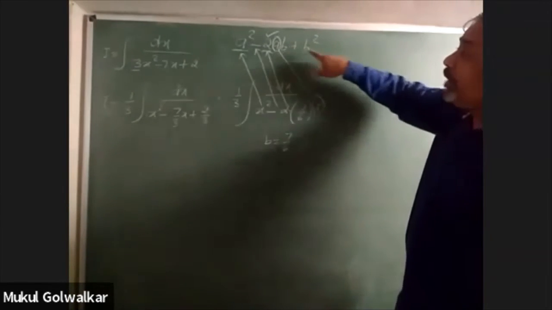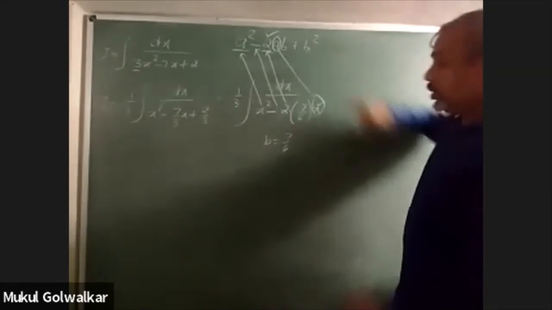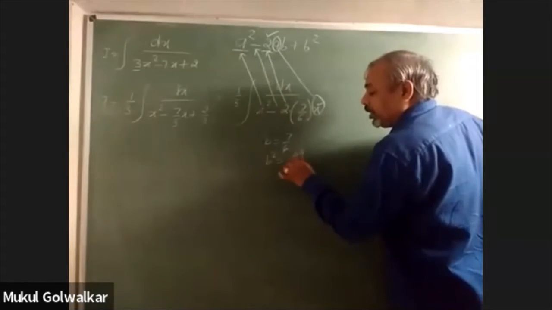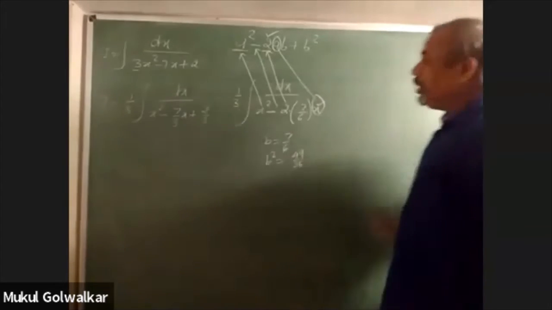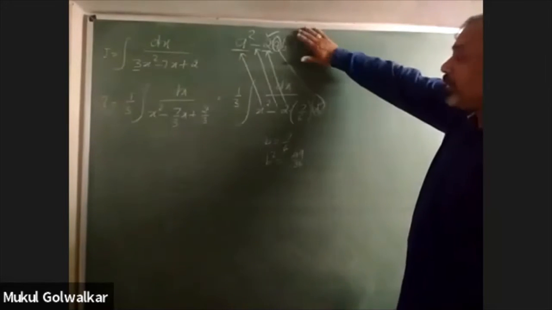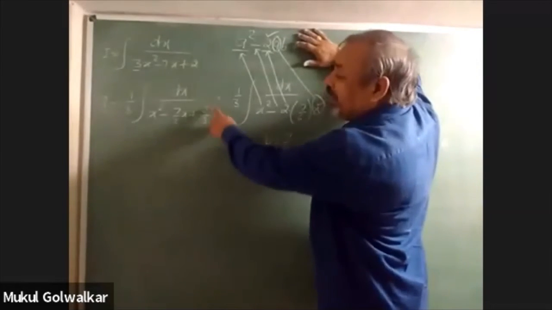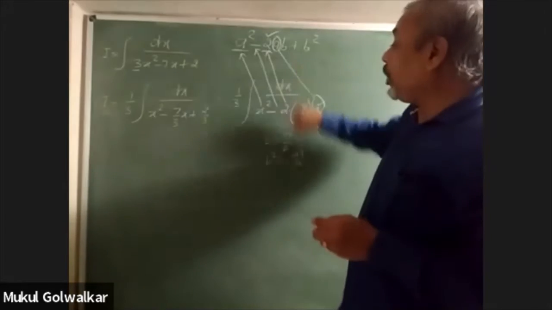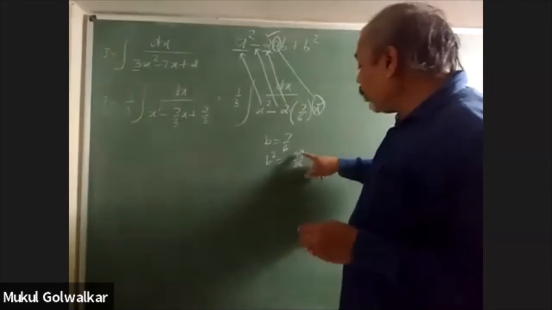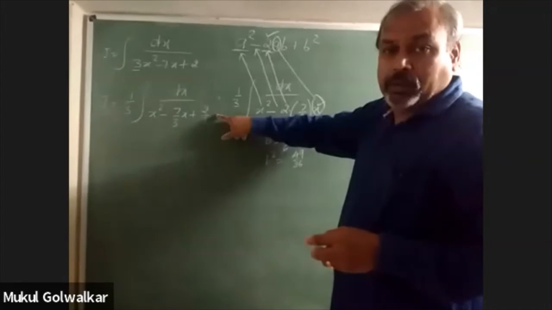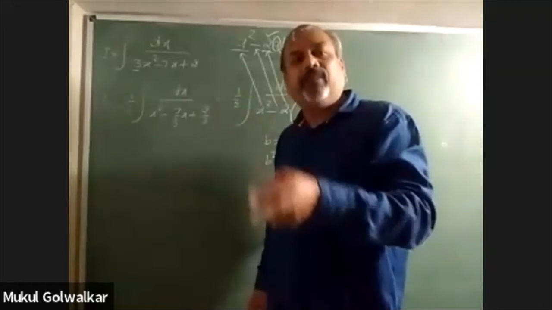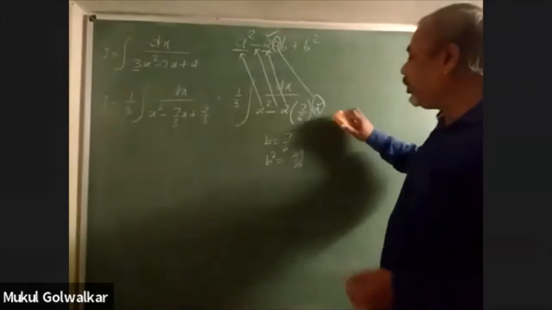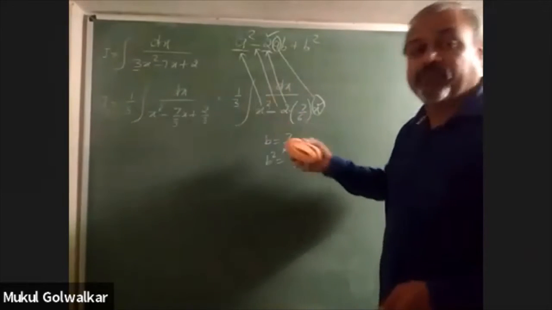And what else do you need to make this a perfect square? b square. So you should add b square, which is equal to 49 by 36. This term b square is not in the question, because we have the constant 2 by 3. We need 49 by 36 to make this a perfect square, but we don't have it. We have 2 by 3. So we shall have it by addition and subtraction, meaning some manipulation would be there, and after manipulating that, we will be in a position to make the quantities a perfect square.